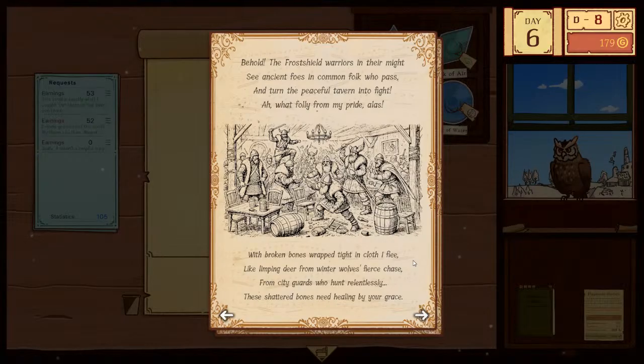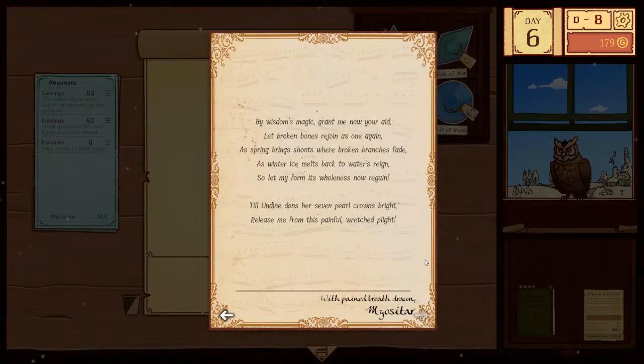From city guards who wander landlessly, these shattered bones need healing by your grace. Like Winston's magic grant me now your aid, let broken bones rejoin as one again, as spring-bearing shoots where broken branches fade, as winter ice melts back to water's rain, so let my form its wholeness now regain. Till Undine dons her seven pearl crowns bright, release me from this painful wretched plight. With pain breath drawn, Miositar.